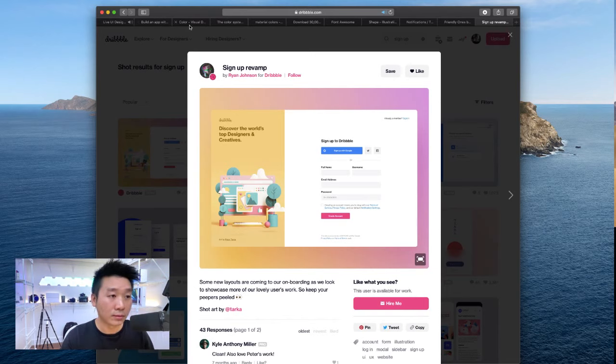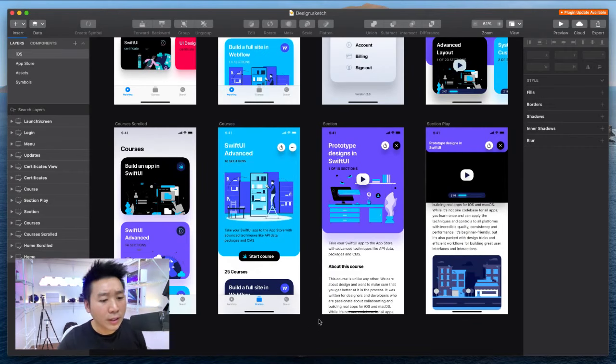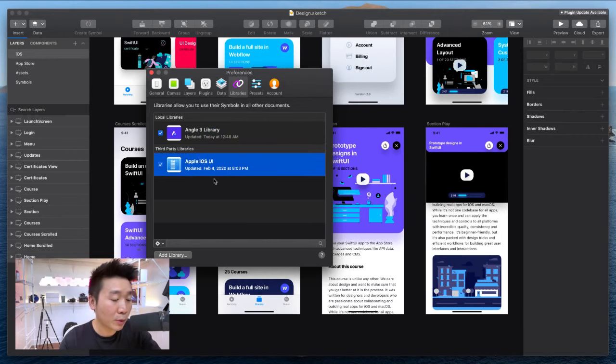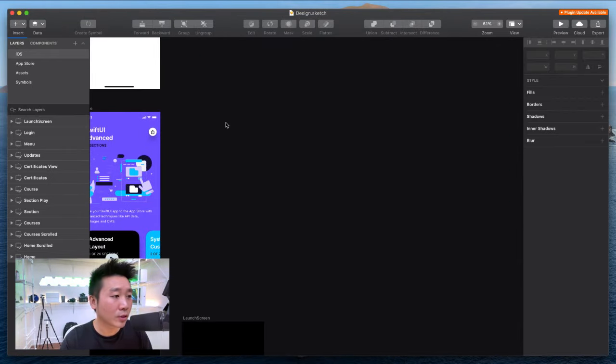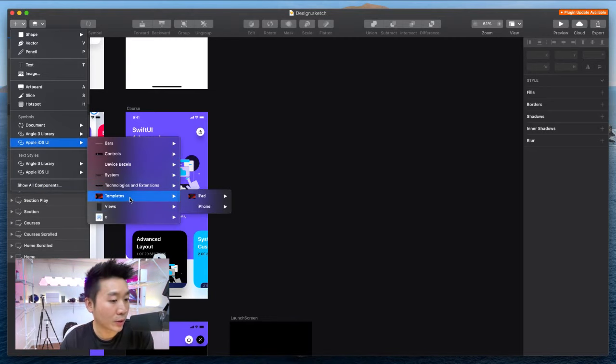Like I said, it's very important to understand those guidelines. And Apple has really good guidelines on Sketch. It's downloadable if you have Sketch. It's fantastic. And they have in their preferences, in libraries, the Apple iOS UI. And why I'm saying this is because you can easily insert new screens from the Apple iOS using their templates, such as the home screen, the widgets,